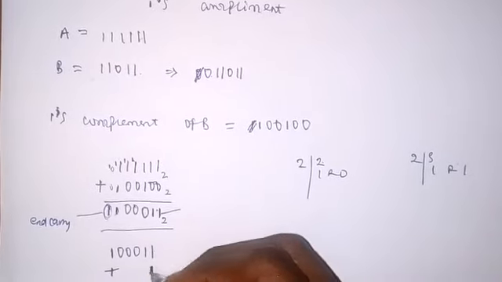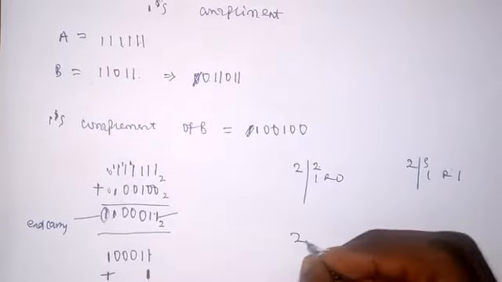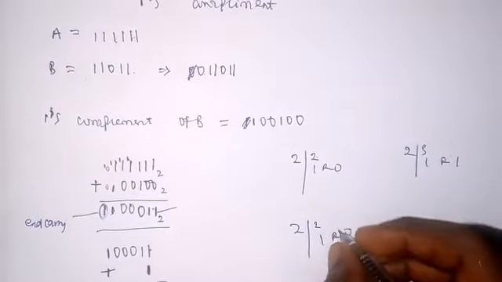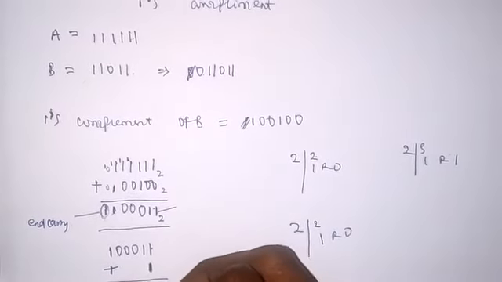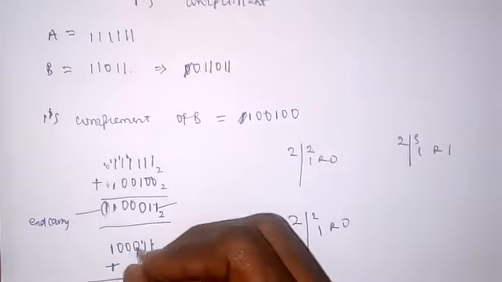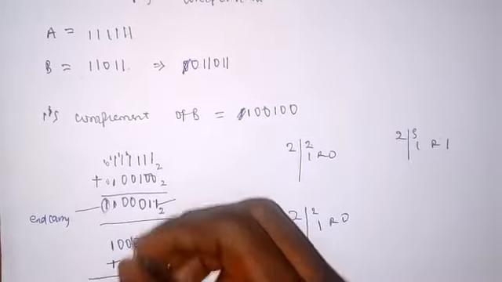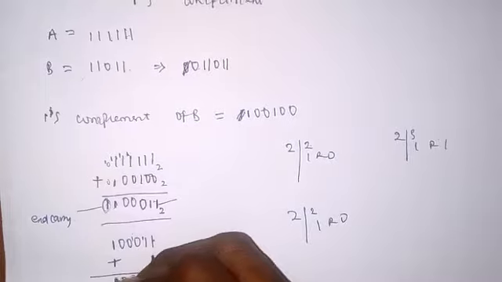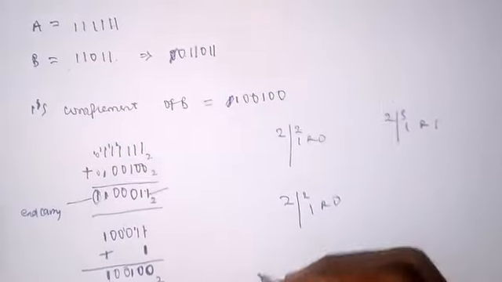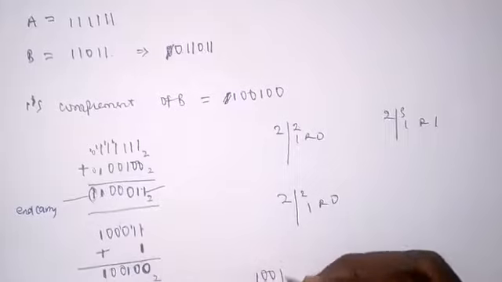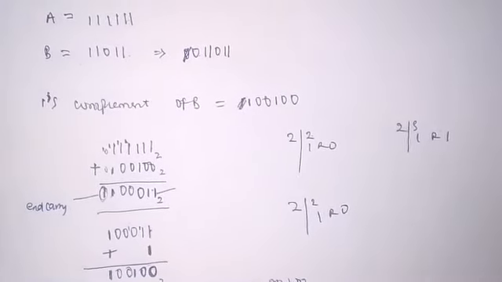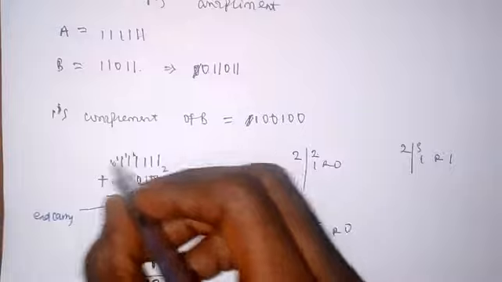This plus this is going to give 2, and 2 divided by 2 is 1 remainder 0. It's going to be 0 here. You carry 1. This is going to be 1 0 0 1, and this is your final answer. And remember, the last step told you that if there is no end carry